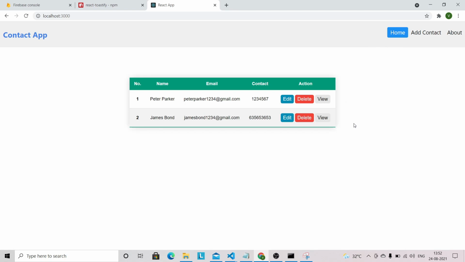So guys, we have performed all CRUD operations in this application using the Firebase Real Time Database in our React